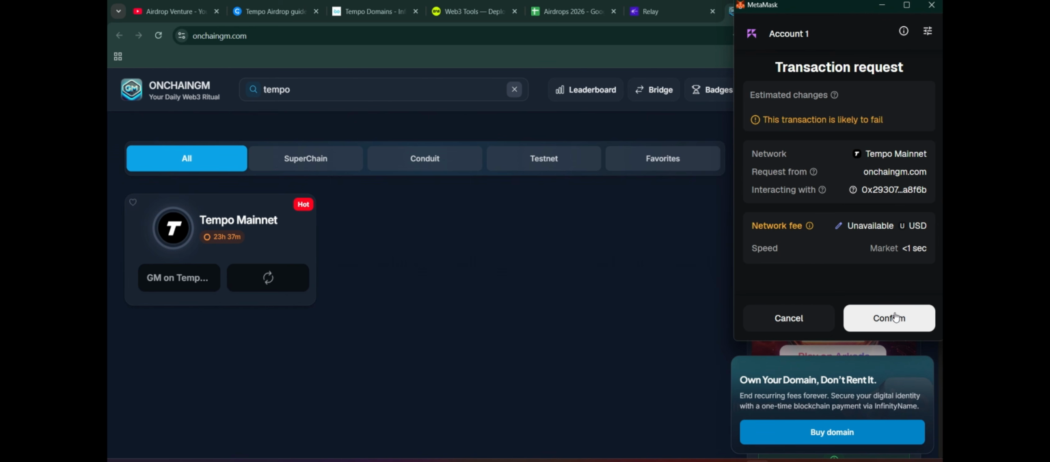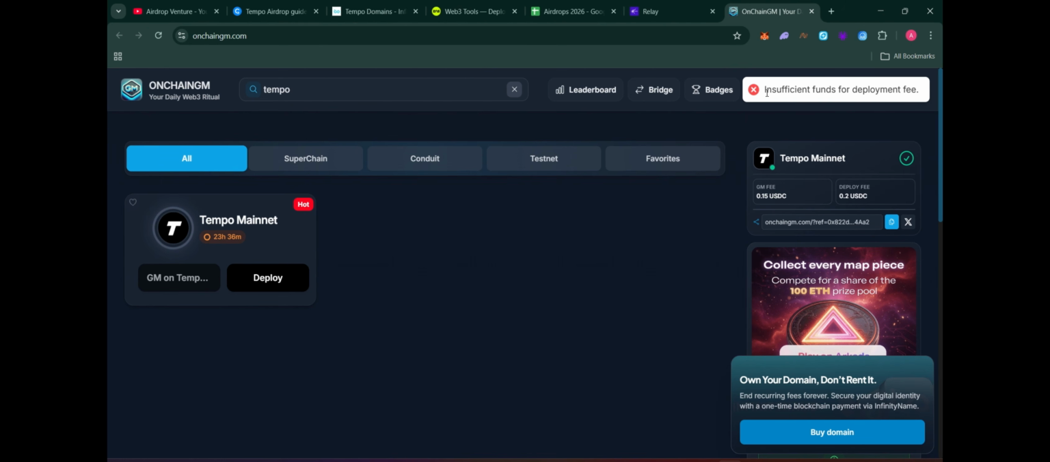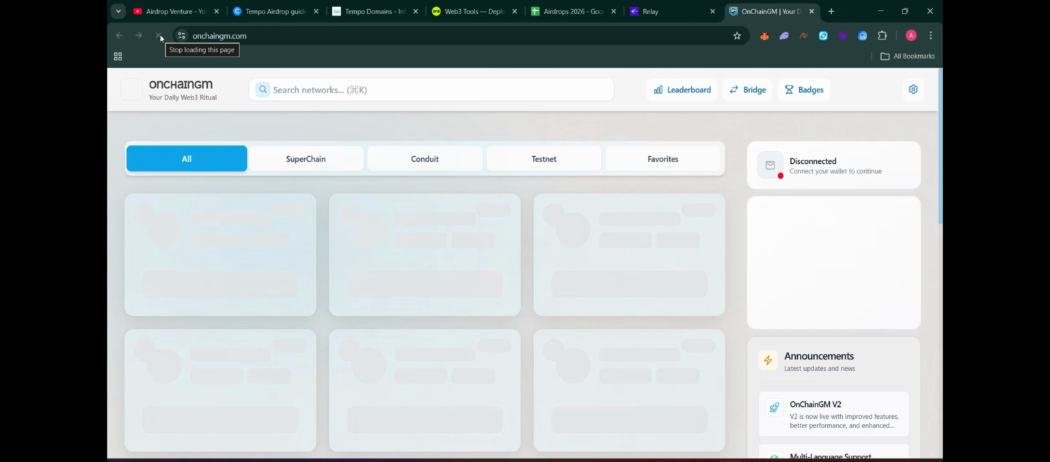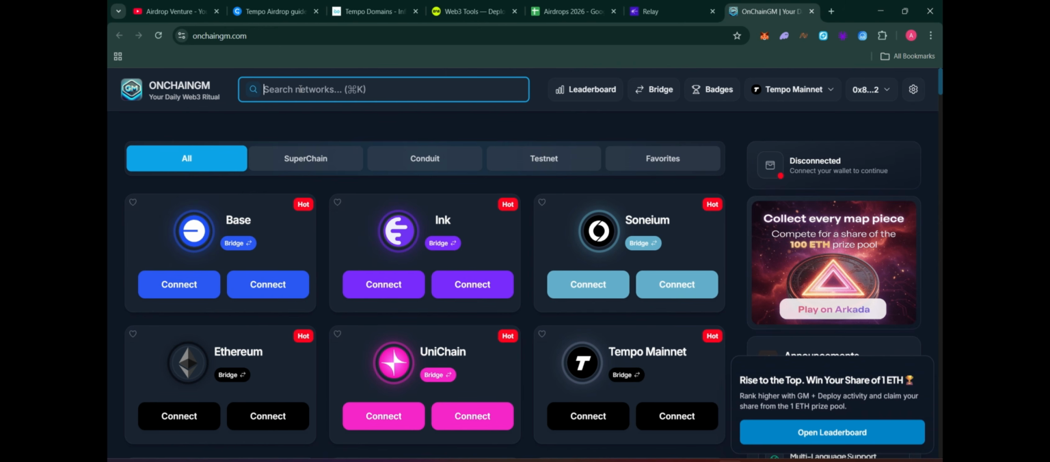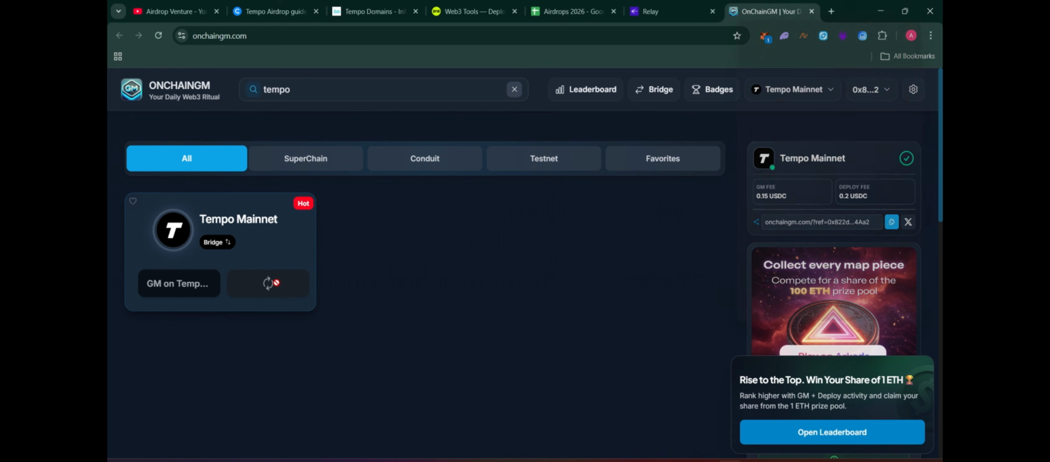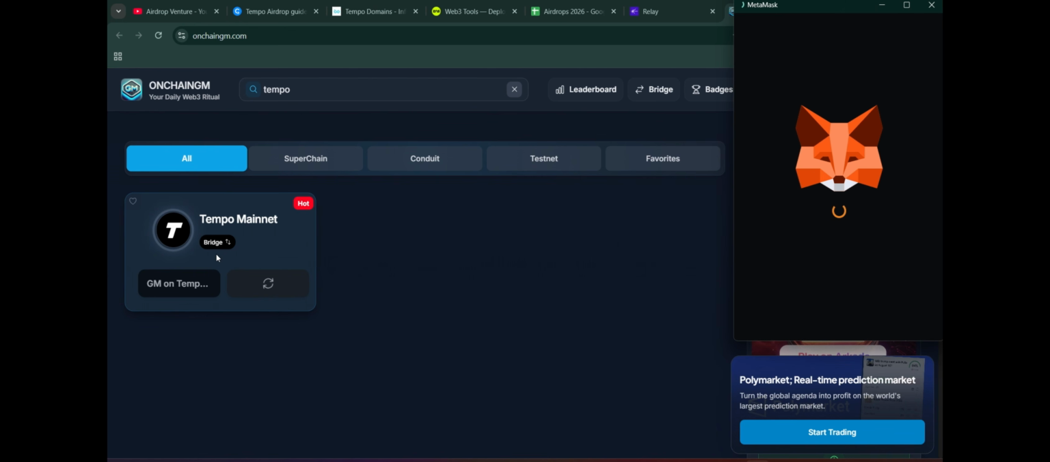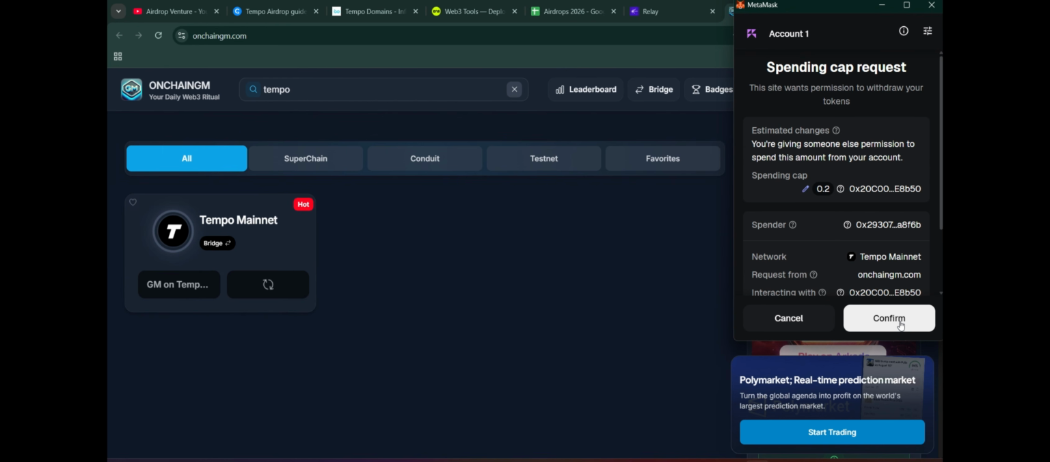So again, I'm getting this transaction is likely to fail. I'm just going to click on confirm, and you see I'm getting insufficient funds, but I do have funds. So these are the errors that you would run across. All you can do in such a situation is try again. If it works, good. If it doesn't work, try it in a couple of days and hopefully it should be fine. Okay, I'm going to try it one more time, see if it works or not,